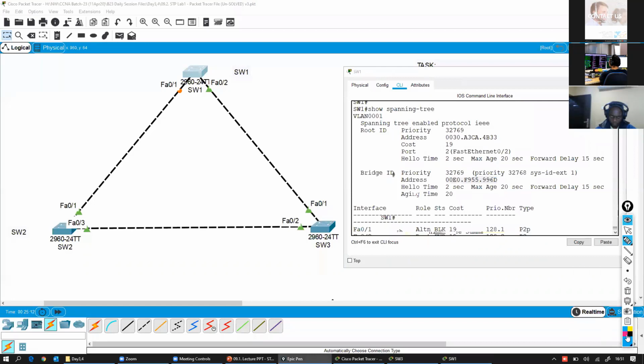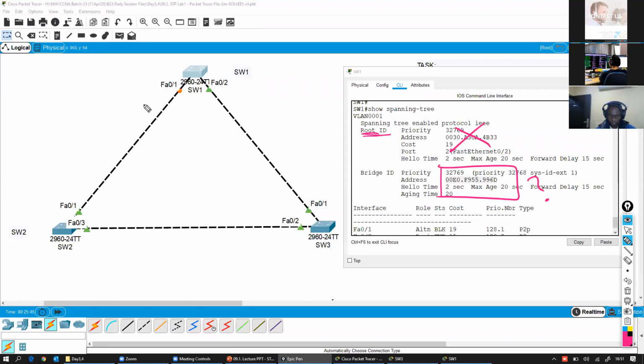So what is the bridge ID for this one? Let me write here. For switch 1, what would become, guys? Can somebody tell me that what would be the bridge ID of this switch based on this one? This is about root, so we don't care about this. So please tell me from here that what would be the bridge ID. Yes, 32769, then MAC address. Okay, thank you, Eddie Deong.